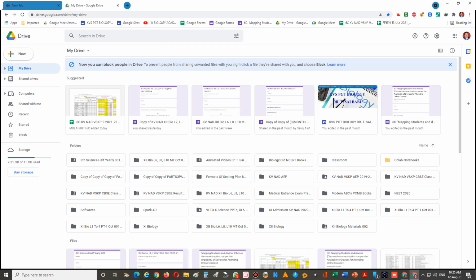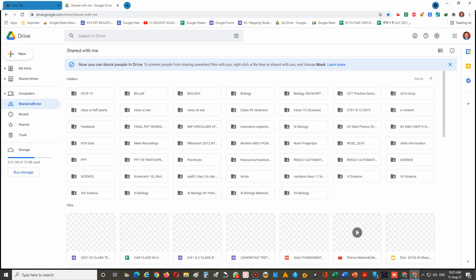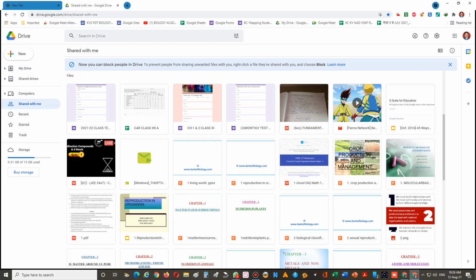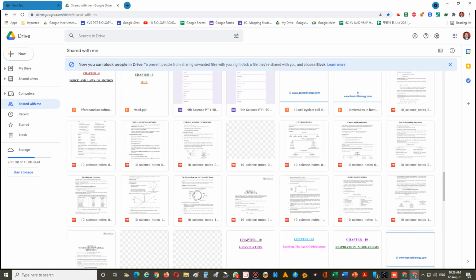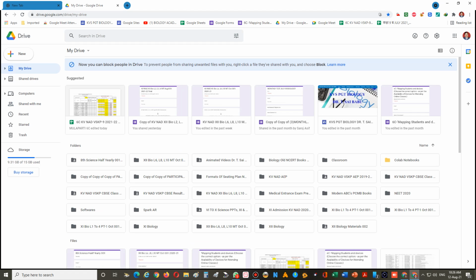Once the Drive is open, you can see My Drive and Shared drives, or any drive shared with you, but we are not working with teamwork or Shared with me here. Other colleagues, like PGTs, senior teachers, and many others, have shared things with us, and I am thankful to them. They allowed me to compile the data in my blogspot also. The shared content will be visible here. So, My Drive: when you click on it, it is very simple.